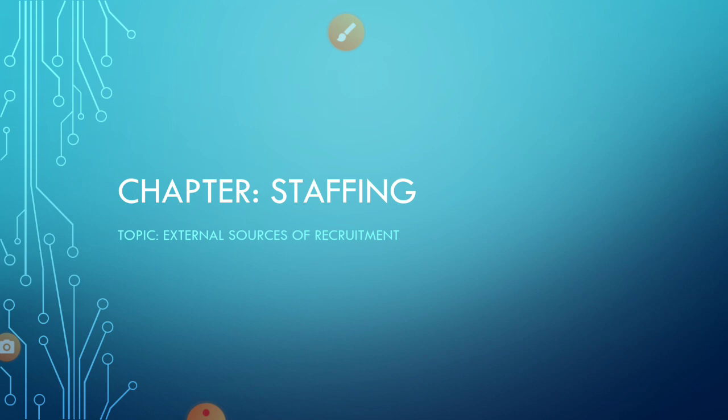Okay, so today we discuss external sources. Internal sources means sources which are inside the organization, filling vacancies through people who are already working in the organization. That is called internal source. But external sources means sources we are depending on for recruitment to find suitable people, sources outside the organization. Almost 10 sources are given in your syllabus, so we will just go through them.